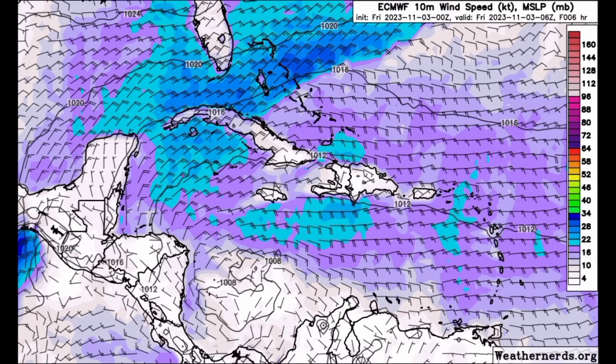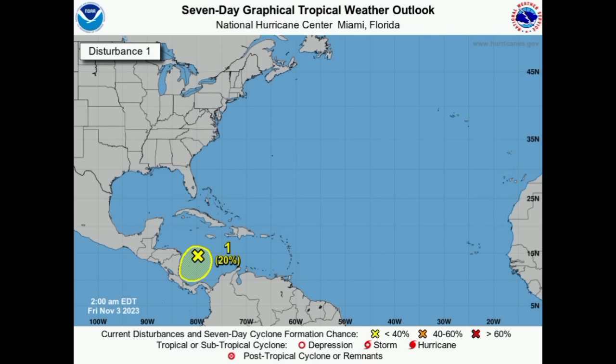And so guys, going back to the disturbance, we're seeing that there is that 20% chance of formation as it is going to be moving in this weekend. I'm not expecting that it is going to develop. Yes, it is producing a lot of rainfall activity, and I've spoken about this in many previous videos way before,